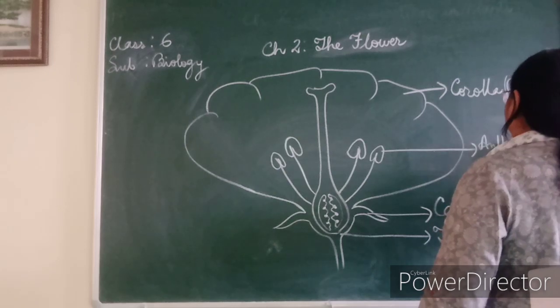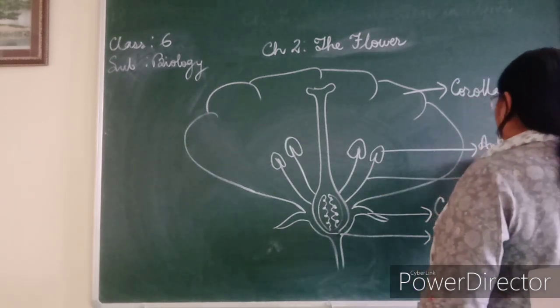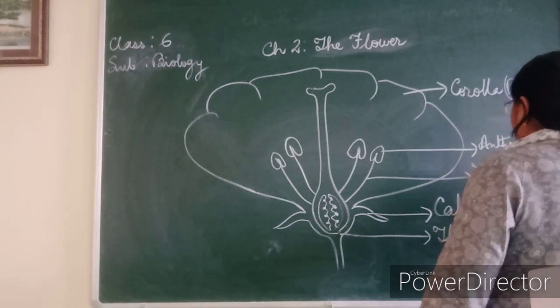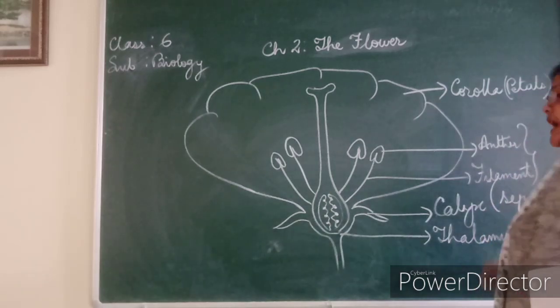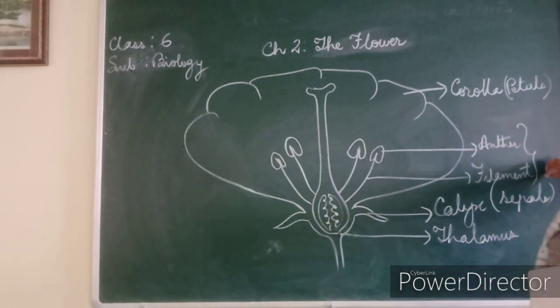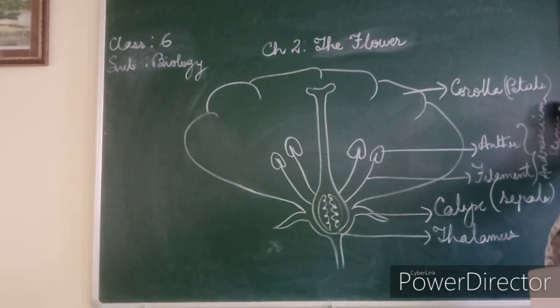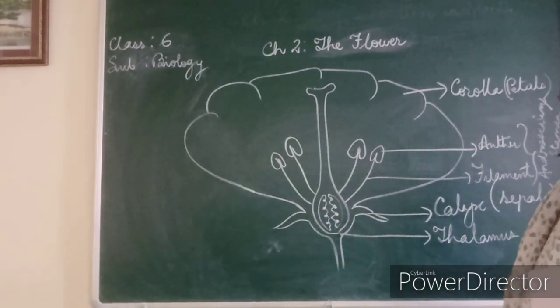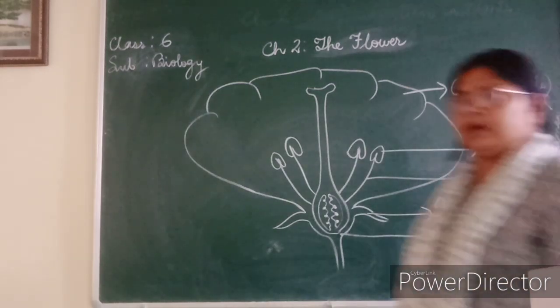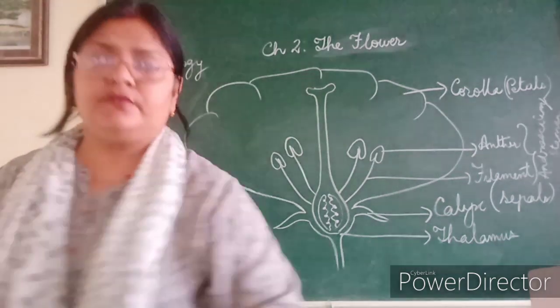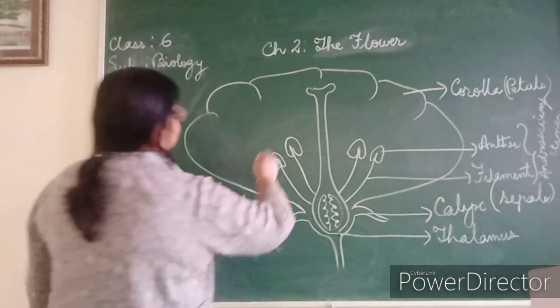Anther, this is filament. Now here we need to mark and draw how to do that. So we make a curly bracket, and if there is no place this way, you can write like this and draw it here. Okay, or it is also called stamen. Fine, in brackets write male, so that we remember that it is the male reproductive part. Okay, now come to the other side.